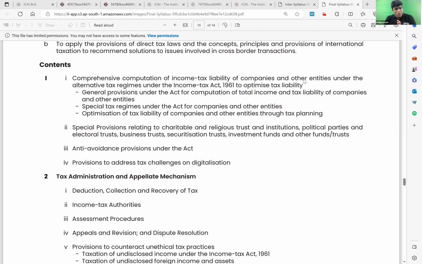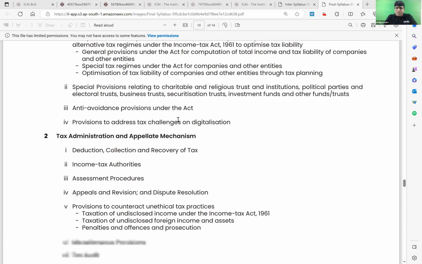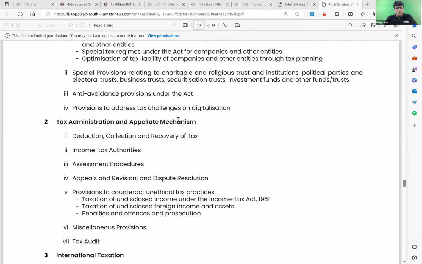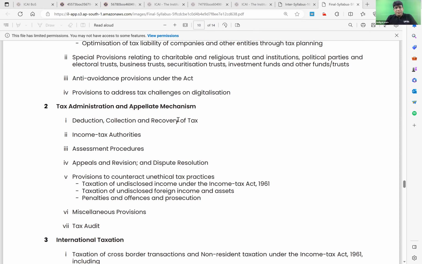because they're talking more about computation of tax liability of companies and other entities under the alternate tax regime. They are talking about general provisions and computation of tax liability of companies, special tax regime for companies and other entities, and optimization of tax liability through tax planning. And then they also spoke about electoral trust, business trust, which was there even before, anti-avoidance provisions, and provisions to address